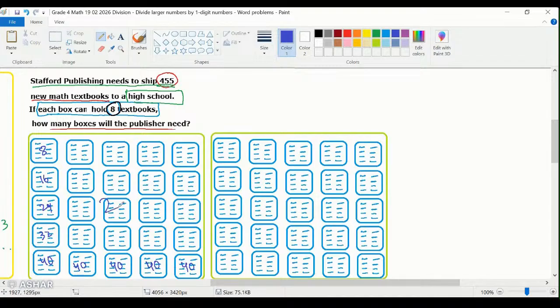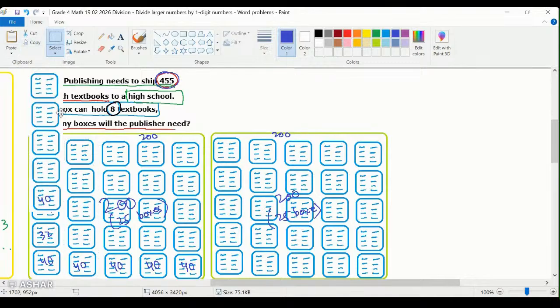That means 25 boxes were used. Similarly, another 25 boxes. How many boxes do we have total? Yes, 50 is the answer. Okay, I'm just trying to explain. Then how many books are left? We have 200 books here. We have 200 books here. The total was 455. So let's say,